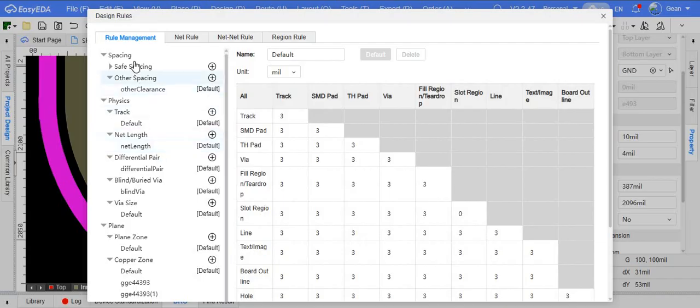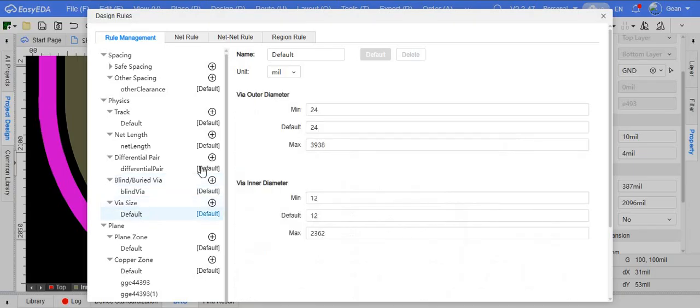Right here we can see spacing, physics, net length, differential pair, blind buried via, and right here via size. Clicking right here on default, the unit is in mils, that is correct, via outer diameter and via inner diameter. Again, I want my via to have 10 mils, not 24, so I will adjust this right here to 10 and right here to 4,